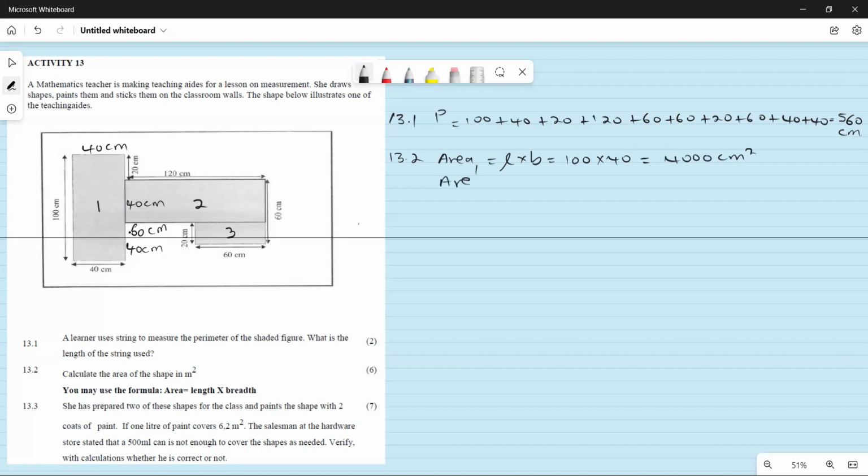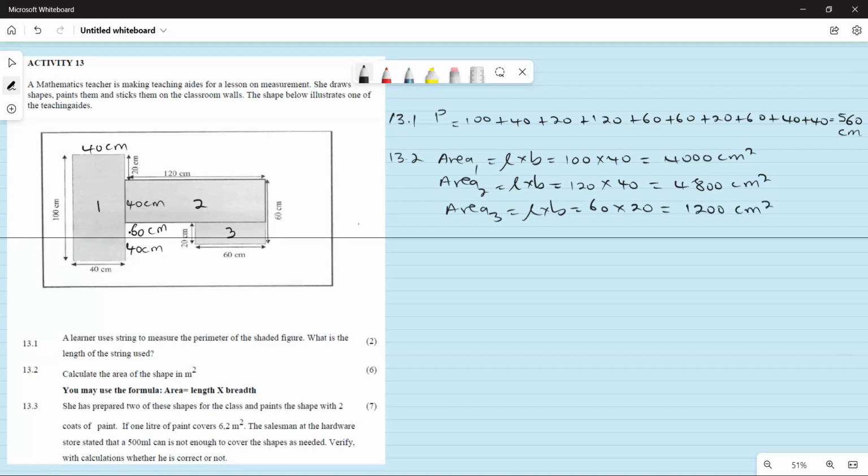And area 2, it's also a length times breadth, and the length that's 120 centimeters times the 40 centimeters, which will give me 4,800 centimeters squared. And area 3, it's also a length times breadth, it's a rectangle. It's a 60 times 20 centimeters, which will give me